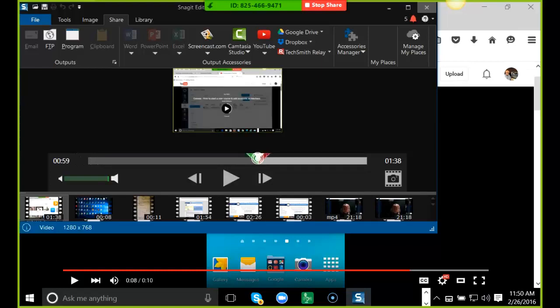And if I want to put it online, I can put it online at Screencast.com. I can upload it to Google Drive, Dropbox. I can send it to TechSmith Relay and caption it there. I can send it to Camtasia Studio and edit it there if I have that software on my computer, or I can just take the best option, put it on YouTube,